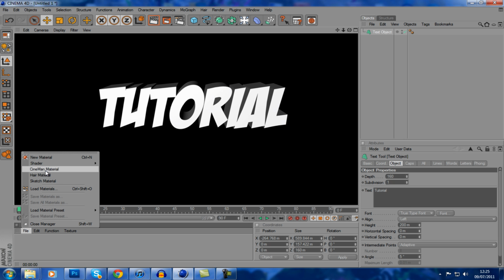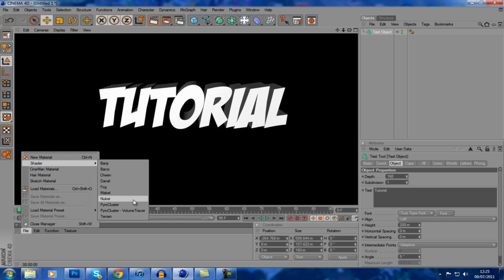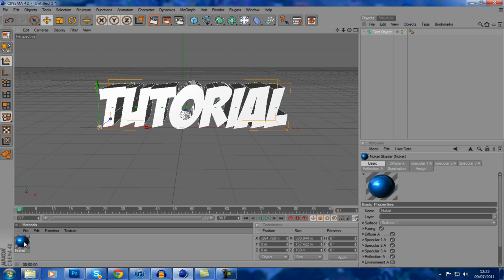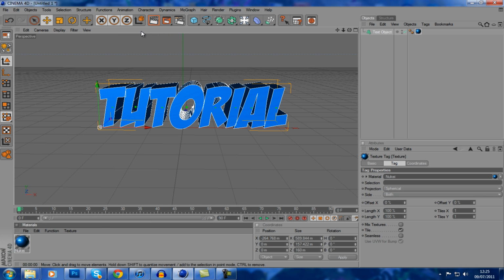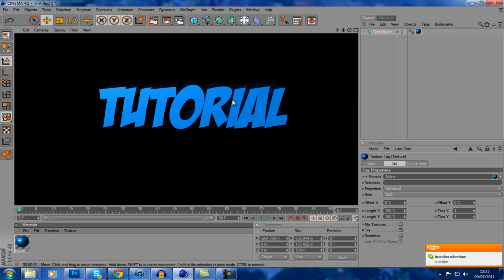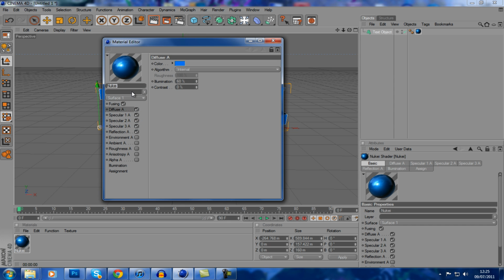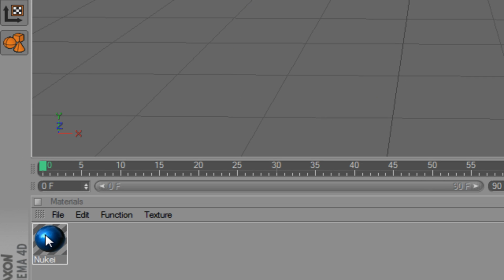Then if you go file shader and you go to new key, this is like a little glossy text that you can just play around with. Obviously it comes in standard blue when you preview it out. And then basically when you double click, sorry I forgot to mention this, when you double click on it, you